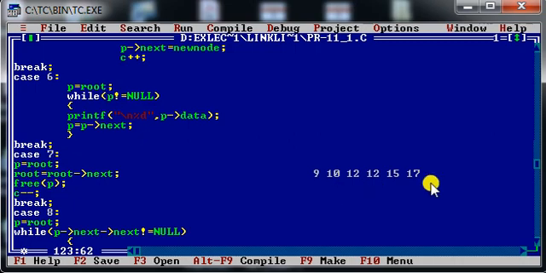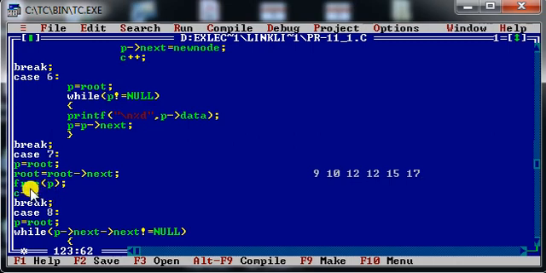Now I have to remove the memory space occupied by element number 9, and that I can do with the help of the free function. Free function is again used in dynamic memory allocation. It is used to reclaim the memory occupied by a given node.